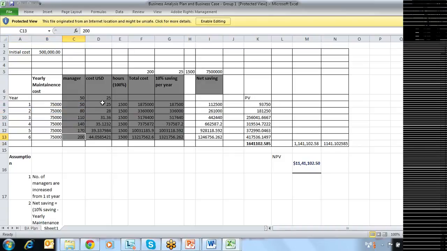Then there's the cost per hour, the number of hours utilized, and the total cost. So this cost is already given, and the head count is given for project managers. So what is the total cost? If they say 10% saving, then we have 10% saving here. What is the